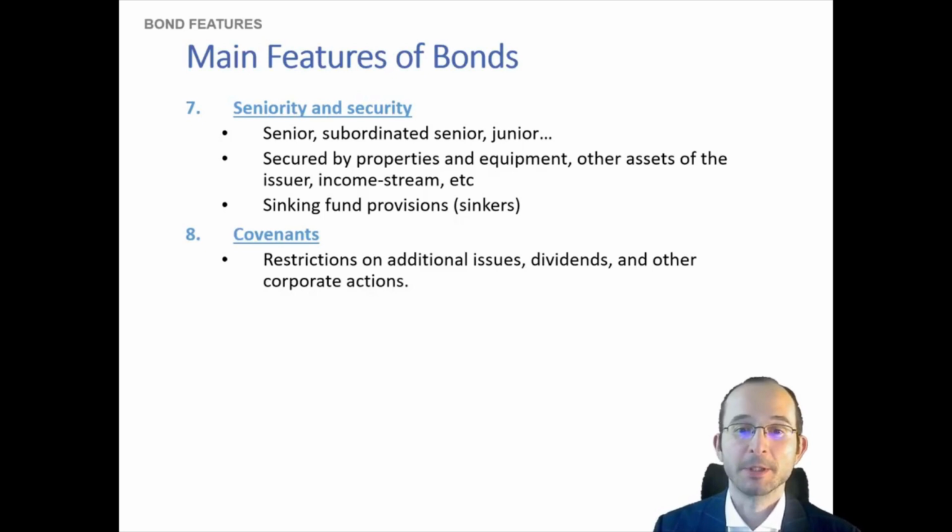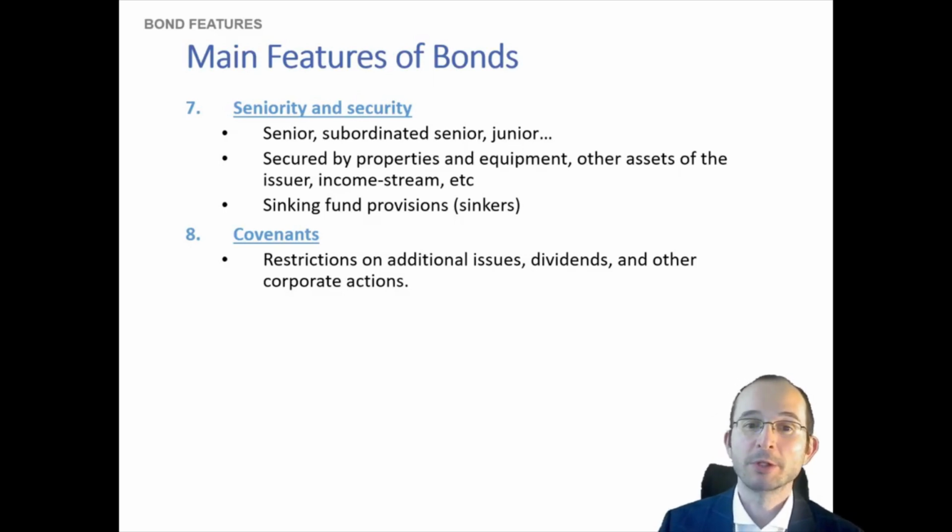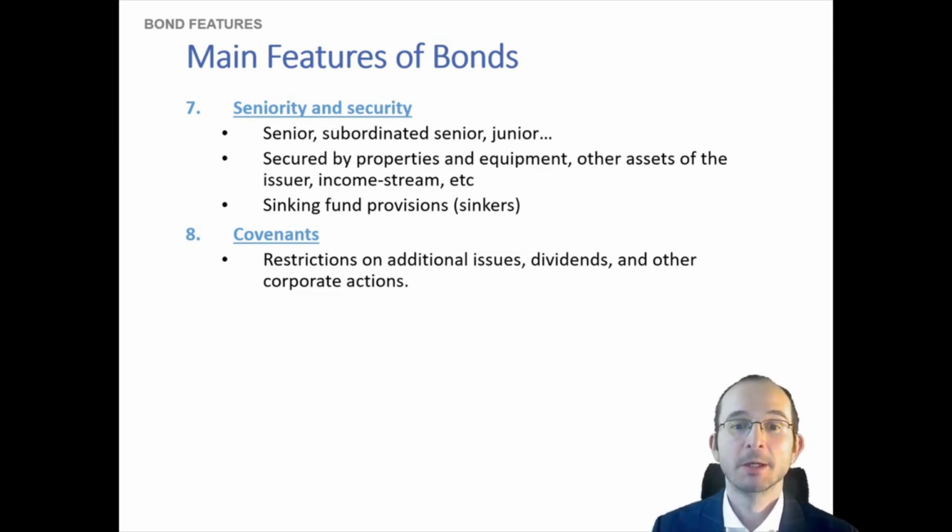Now, another characteristic that's important in understanding the riskiness of a bond is covenants. Since the bond contract is very much a contract, it can have provisions in it other than just repayment terms. And this is what covenants are. They can do things like restrict additional issues of securities, or restrict dividends, or prevent the borrower from taking some other corporate actions, essentially all in the name of safeguarding the interests